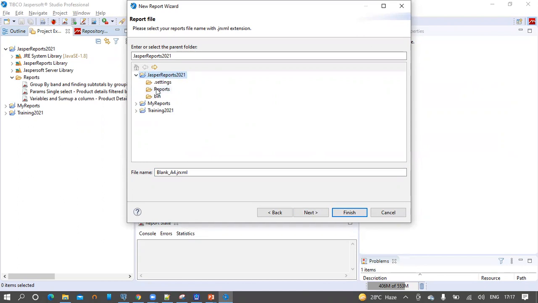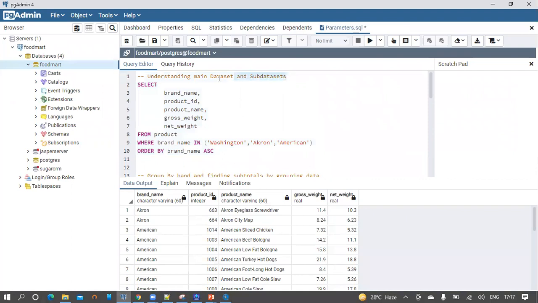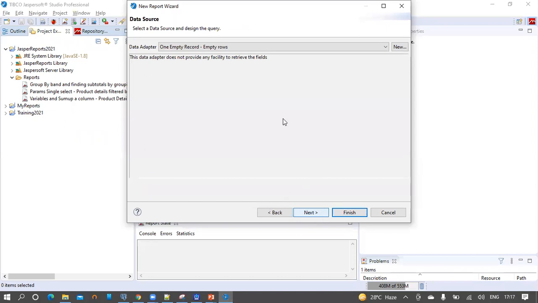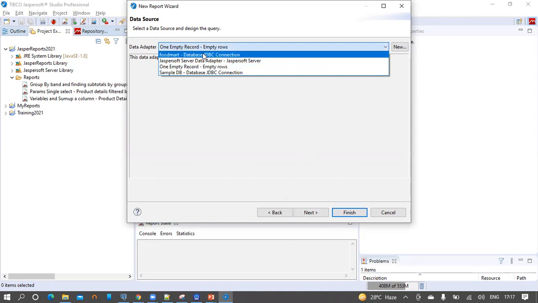So let us give a meaningful name to the report. I am giving Understanding Main Dataset and Subdatasets.